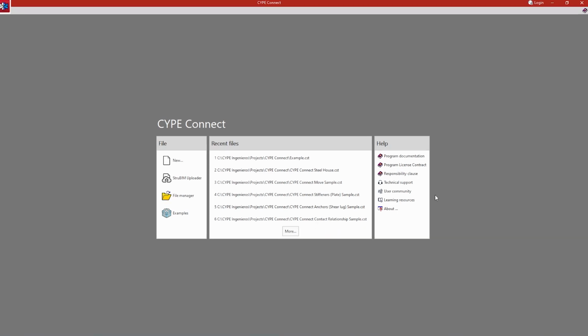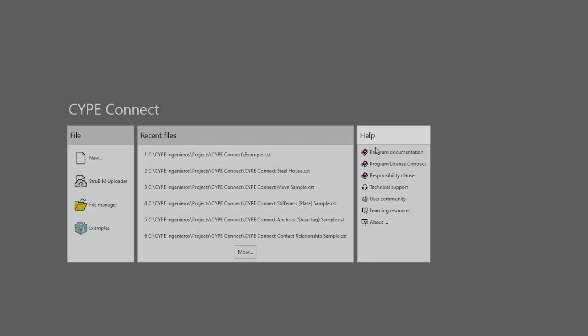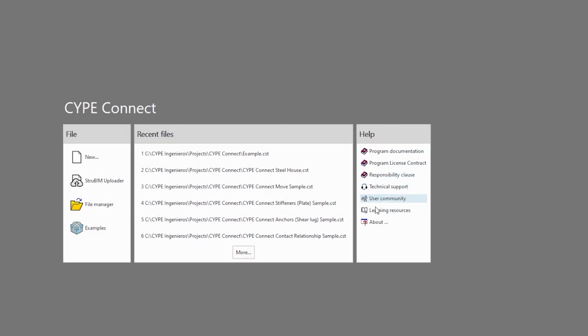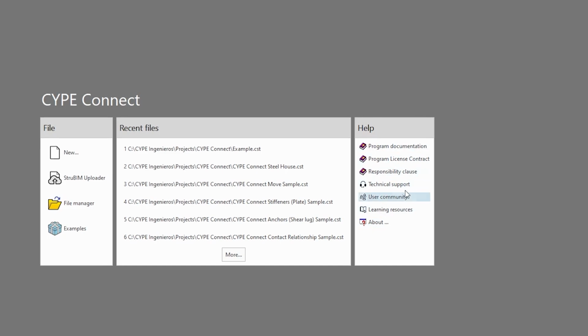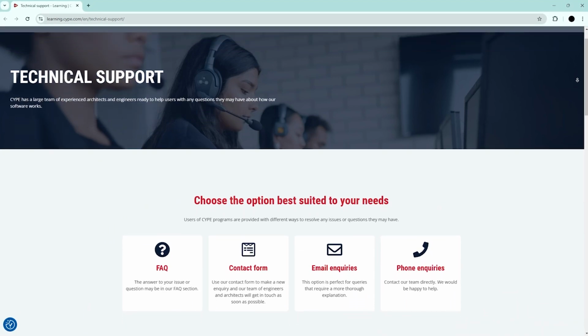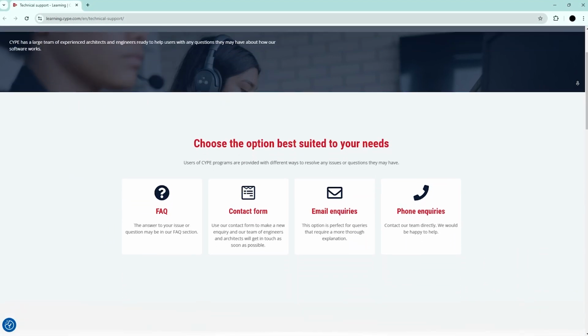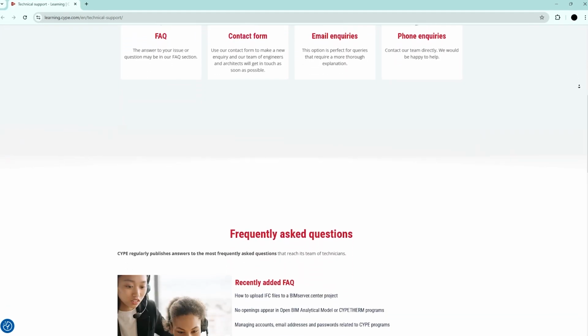In the Help menu of each SYPE app, there are direct accesses to useful information and technical support. From this menu, we can access Technical Support. Here, we find the details for contacting the SYPE technical support team. It includes the different communication channels for answering queries, receiving customized assistance, and fixing any issues with the apps.